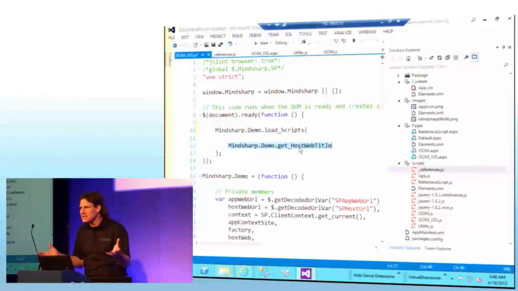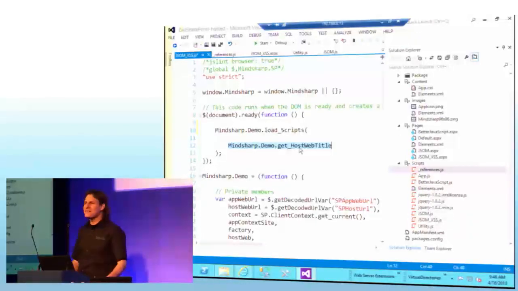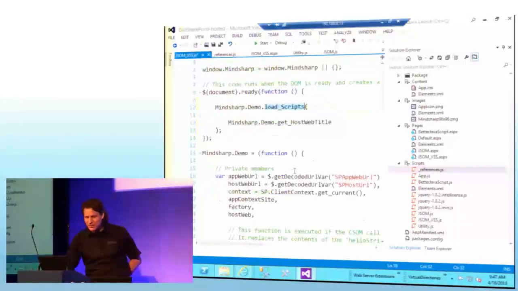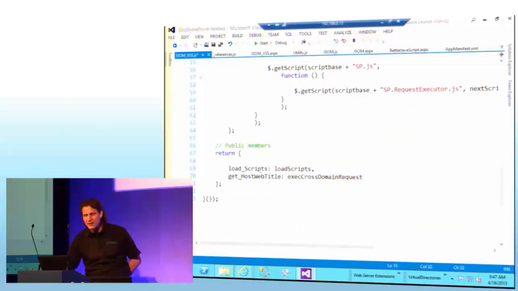It's almost like a delegate, right? I'm using JavaScript in a very modern way by passing classes around or passing anonymous methods around is really what I'm talking about here, right? So I'm passing a method name that I'm going to execute when I'm done. So I'm going to take a look at load scripts. If I come down here to the bottom and take a look at what I got here, load scripts